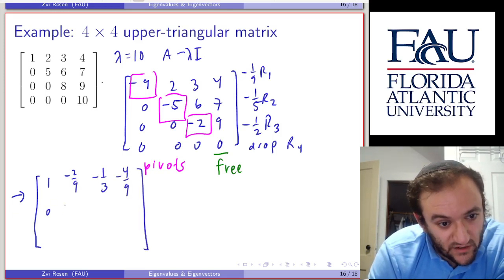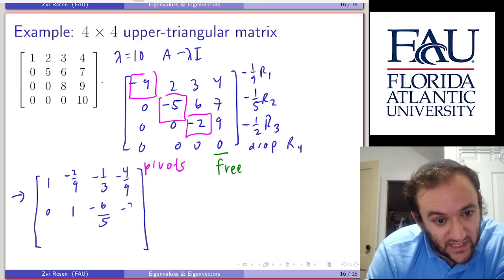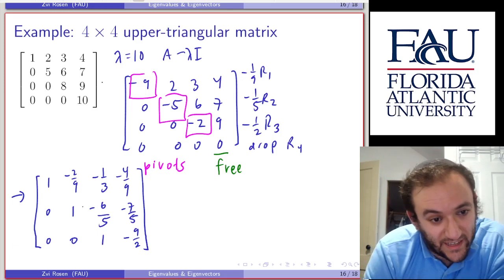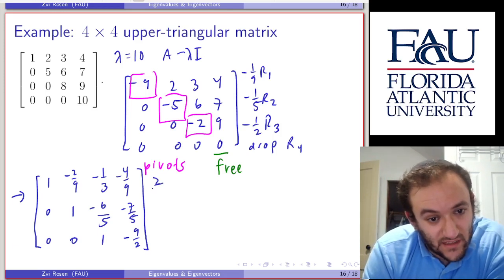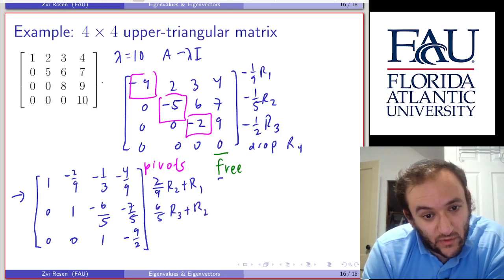Okay, and then we have 0 and 1, minus 6/5, and minus 7/5, 0, 0, 1, minus 9/2. Okay, and then we can add 2 ninths of the second row to the first row, and 6/5 of the third row to the second row, and we get